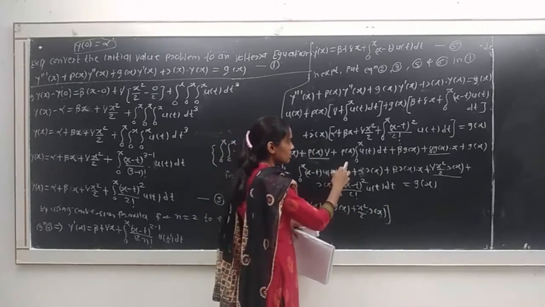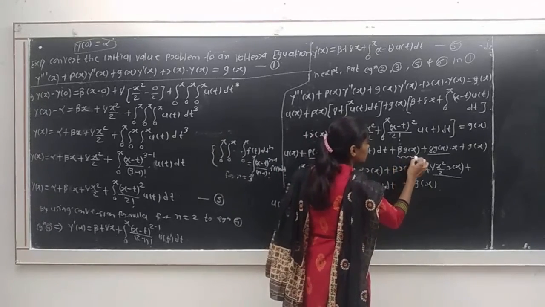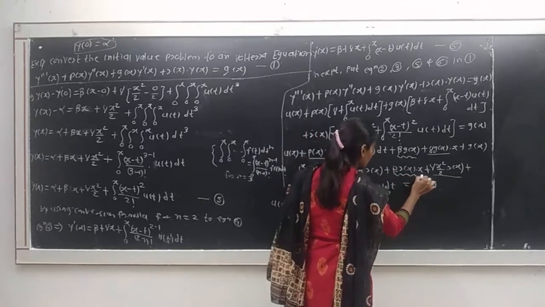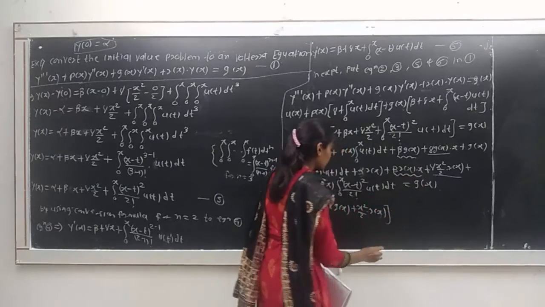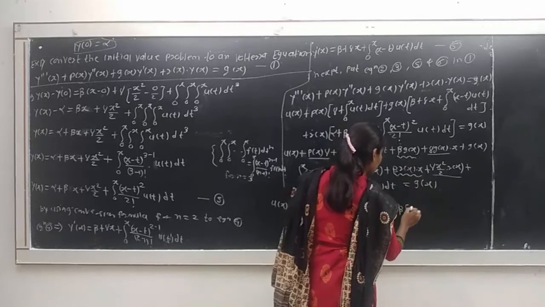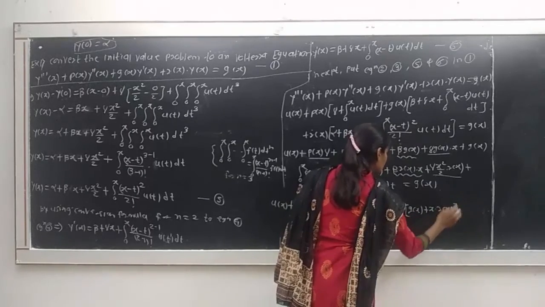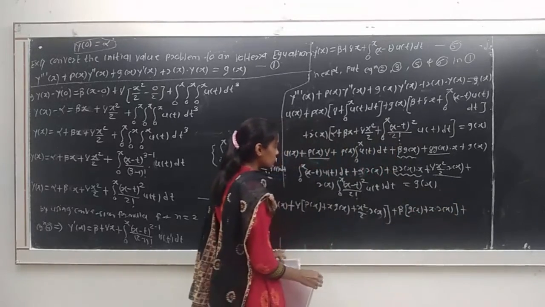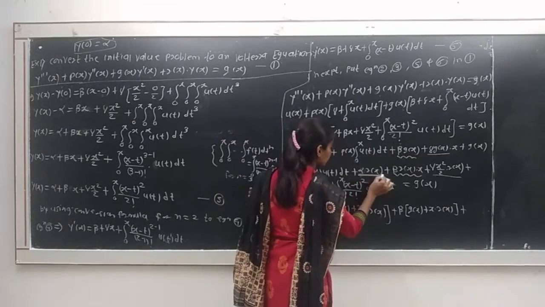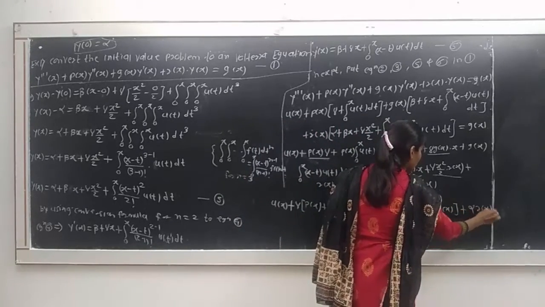Then next we separate the terms of beta. First term is beta into q of x, beta q of x. Then next is beta r of x into x, and then we get here plus, if we take beta outside, inside bracket beta q of x plus x into r of x. Then plus we separate the terms of alpha. Here the term of alpha is only this term, that is alpha r of x. Therefore we write here plus alpha r of x.